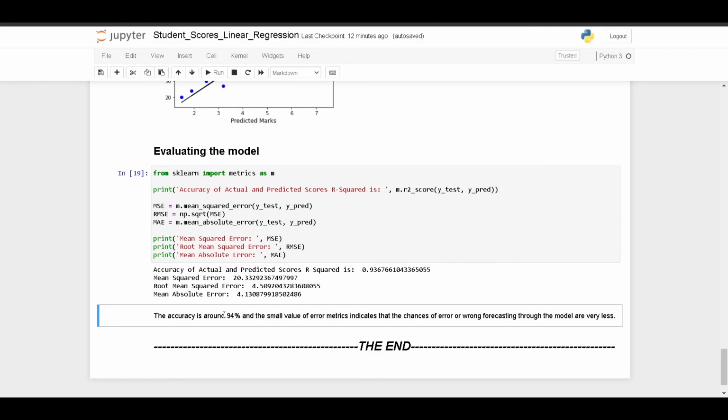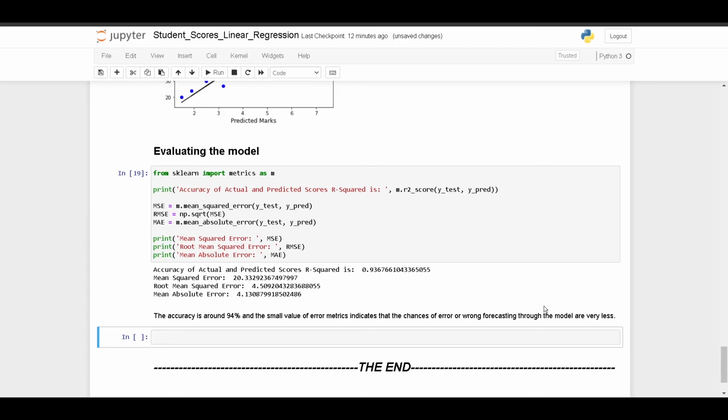Also, we can predict the marks by manually giving the number of hours as the input. For example, if we want to predict the score if a student studies for, let's say, 9.5 hours a day, how will we do that?